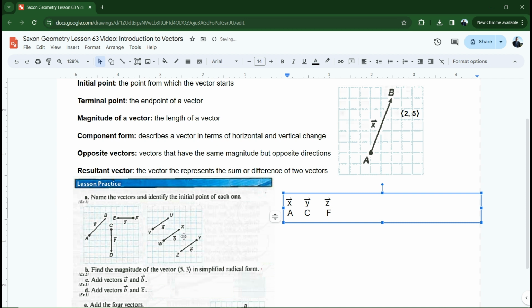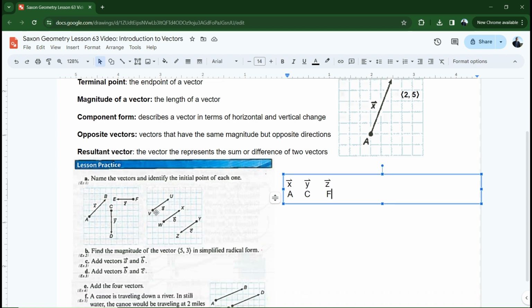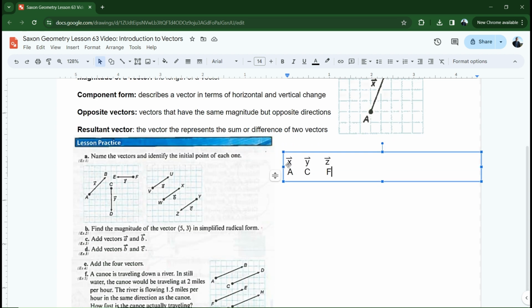Now, I'm not actually supposed to name and identify the initial points of these vectors, but it's easy to do that too. For these vectors, they would be vector A, vector B, vector C, making sure I write them with that symbol over the top. And then starting points would be V, W, and Y. Okay, but we'll deal with those vectors in just a little